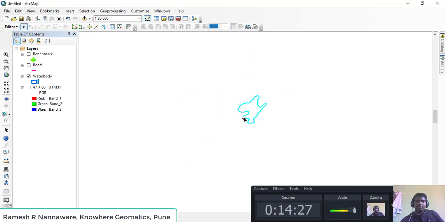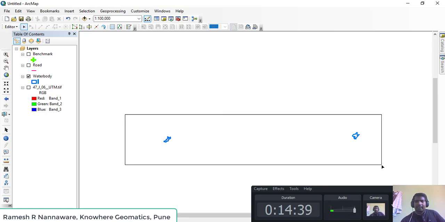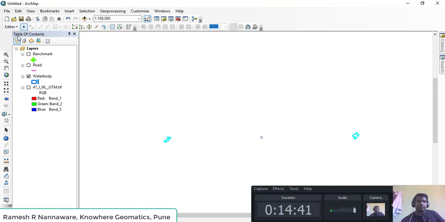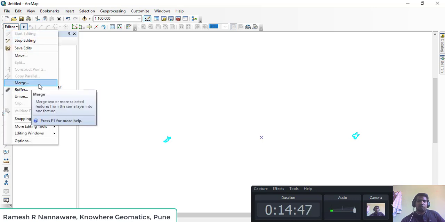Now there is another tool. Suppose these two are distant polygons. Now suppose by mistake I have selected these two polygons and merged them.